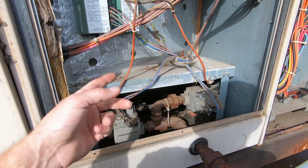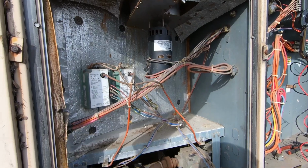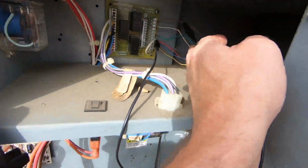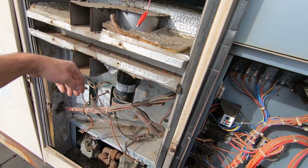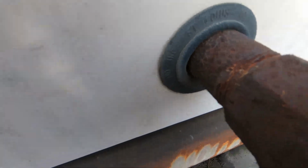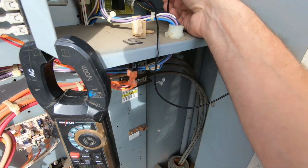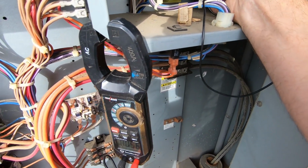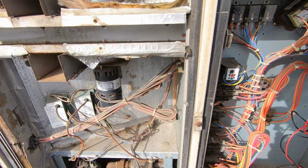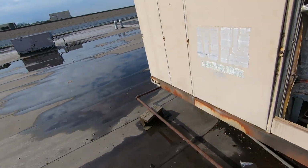Our issue is first stage of heat, not second. Combustion blower sounds like dog shit. All right, so there's W2. And I figured that out simply by only jumping W2 to see which one lights. There went our blower off. We have no combustion blower because we don't have a call for W1, but regardless, first stage is the problem. So now that we've figured that out,